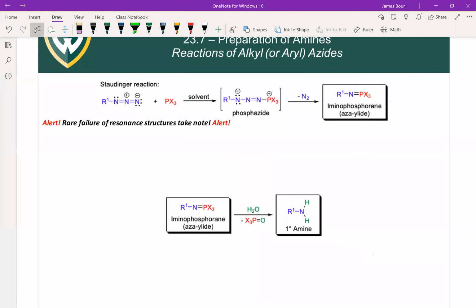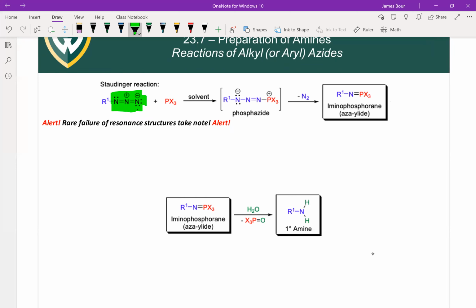Alkyl azides have another reaction that is called the Staudinger reduction. One thing I'd like to highlight is this key resonance structure that we just saw highlighted in green. This key resonance structure of azides is actually somewhat of a failure of resonance theory. Resonance theory, again, is a useful heuristic to help us understand complex situations in bonding, but it is not always